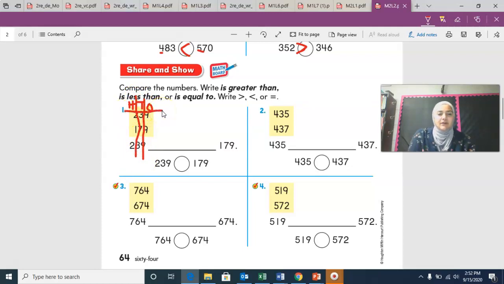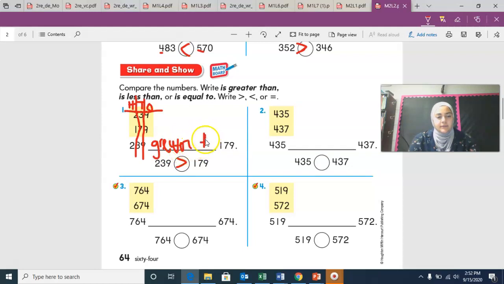Okay, now we're going to look at 239 and 179. Which one is larger? We know 239, remember this is the alligator's mouth. 239 is greater than 179. So you have to write greater